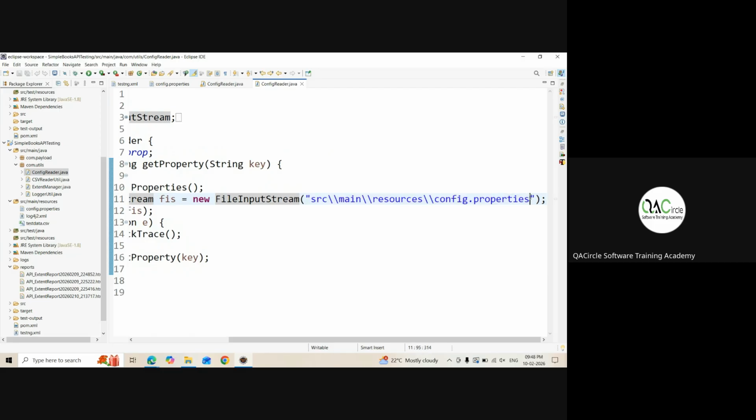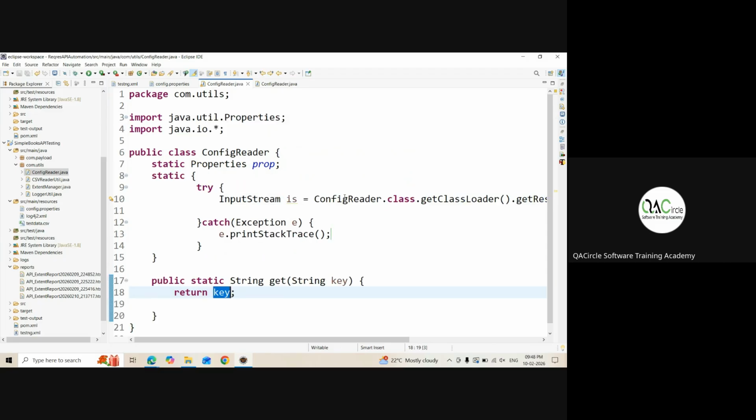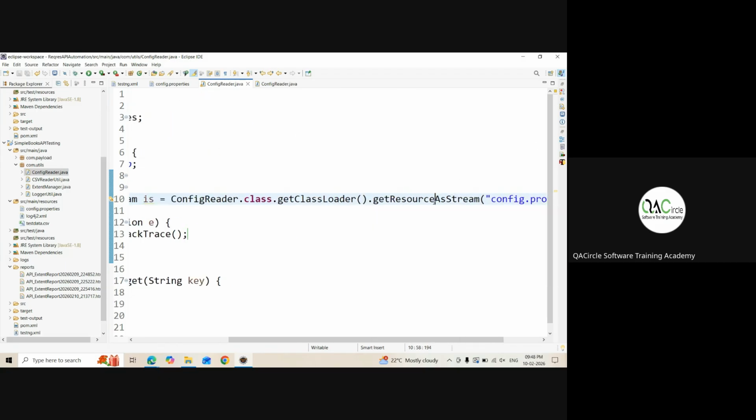This will give the framework. If you don't want to give this, if you want to write a static block, you can write like this. So ConfigReader, see ConfigReader, it's a class. Class has dot getClassLoader dot getResourceAsStream. Now, where we have added